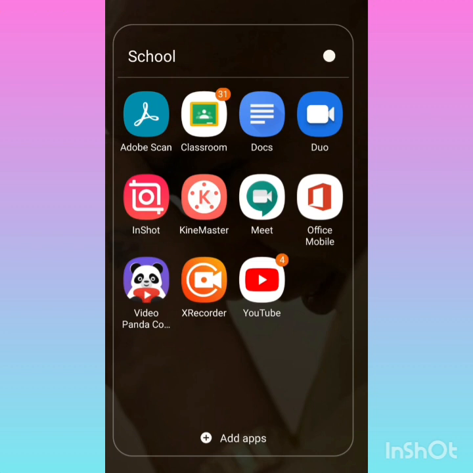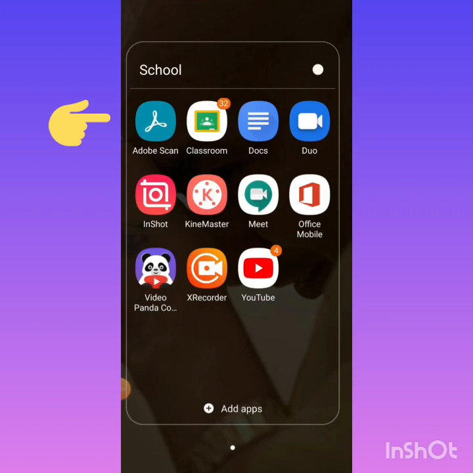First of all, you need to download a PDF converter app on your phone from the Play Store. Like I have used Adobe Scan, there are various other apps in the Play Store, so you may download an app of your own choice. Now, as I click on Adobe Scan,